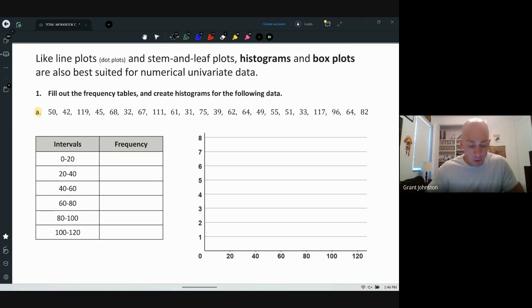Okay, so the way I like to do this, I like to just go one at a time and make tallies. So a 50 would go in this interval. I'm going to do tally marks. A 42 is also in this one. A 119 is here. 45 is here. I'm going to go kind of fast. 68 is here. 32 here. 67 here. 111. 61. 31,